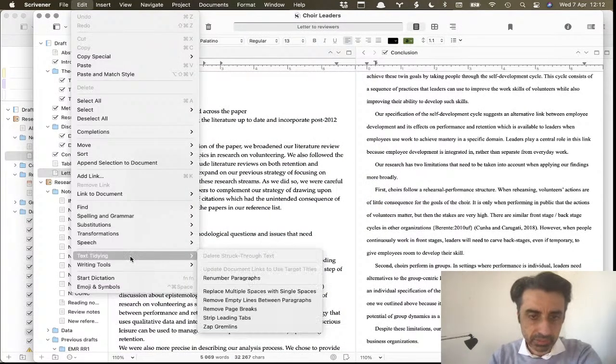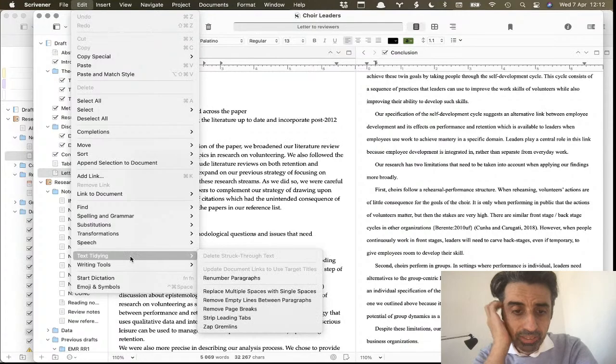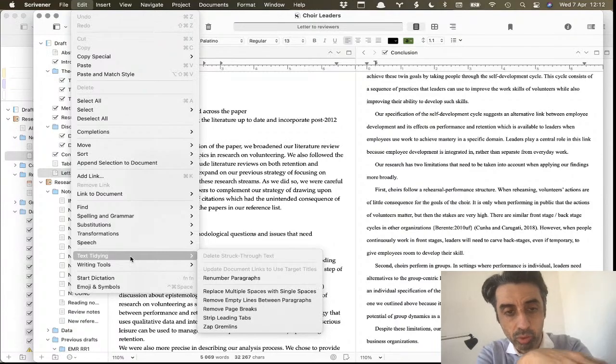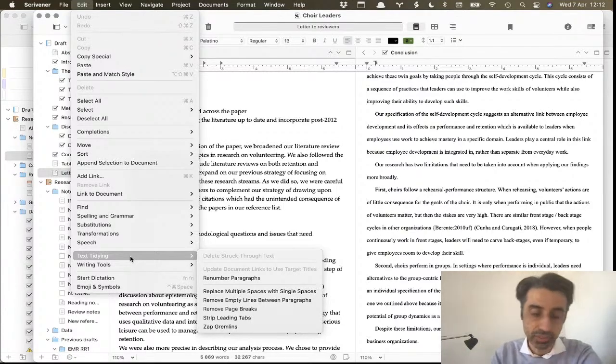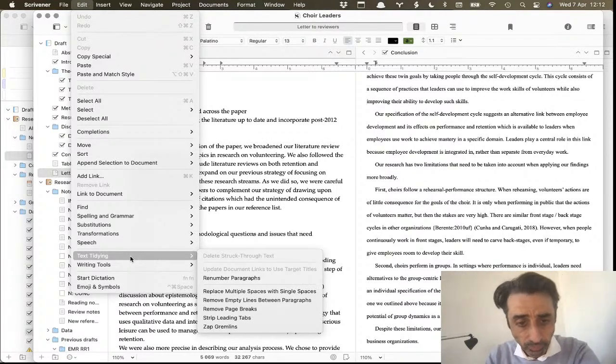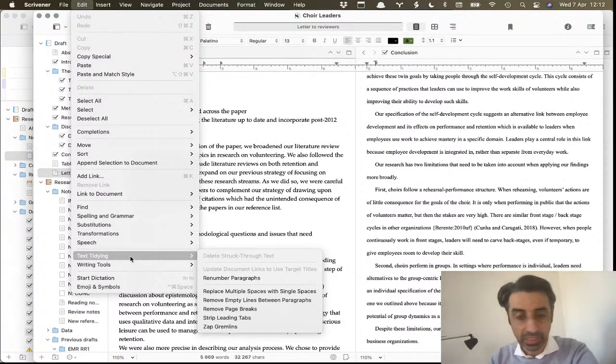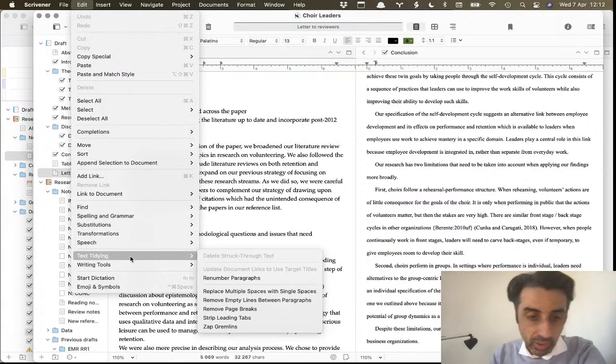Edit text. Okay, so right now it didn't work on your project because I have no documents in the drafts folder. So this obviously only works with documents in your drafts folder, because it's what you're writing. And basically what this does is it just cleans up text and saves you a lot of time when proofreading with ProWritingAid or Grammarly or even Word, because it will just quickly process